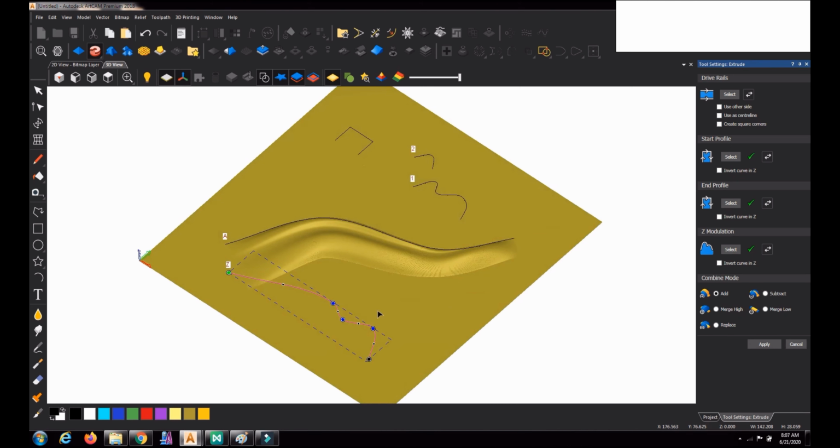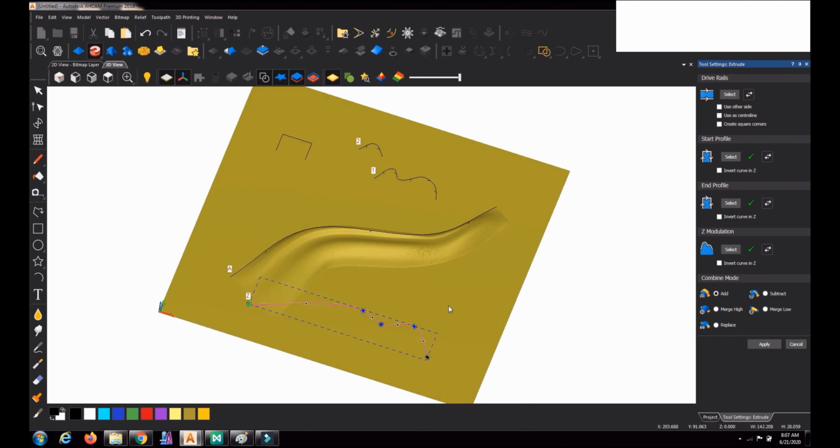We can use a maximum of 4 curves to create an extrude command. With these 4 curves we can control the maximum and try to get the shape we require. In drive rail we have an option to use a number of curves, so that the same formula will be applied to other curves also. One more curve is there.